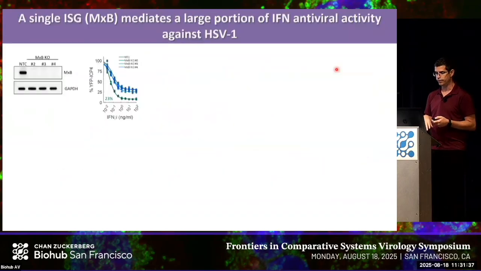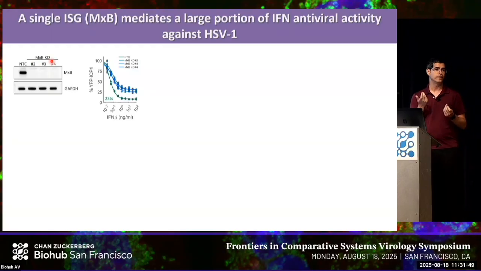So we wanted to look at this a bit more. We've knocked out MXB in our human keratinocytes. These are 3 different monoclonal lines. We've sequenced them. They have different deletions, but they all lack MXB. And with this, we can actually quantify what is the importance of this single ISG, MXB, to the antiviral effect